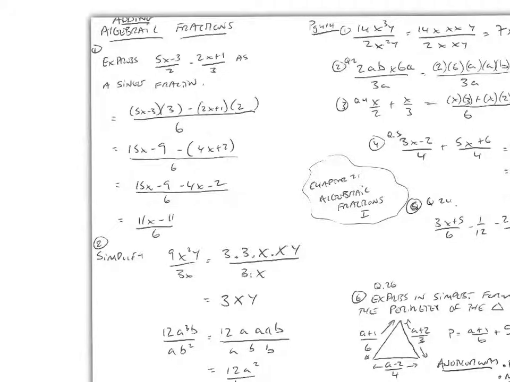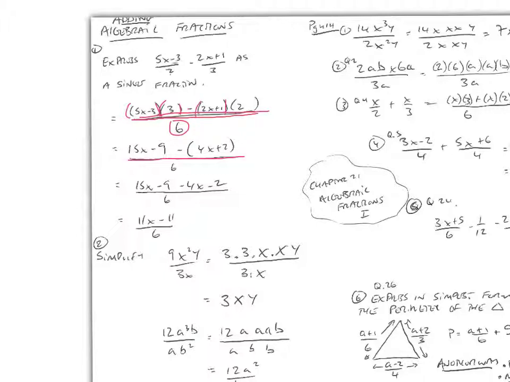Okay, adding algebraic fractions. So express (5x minus 3) over 2 minus (2x plus 1) over 3. There's two terms here in this algebraic fraction, so we want to turn it into a one-term single fraction. So we go for the lowest common multiple of 2 and 3, and that's 6. And we draw our line here, and we write 5x minus 3 and 2x plus 1, our minus sign, and